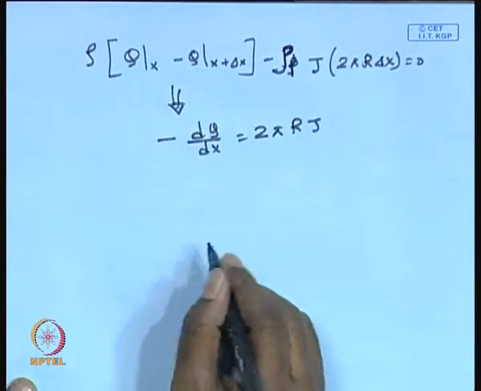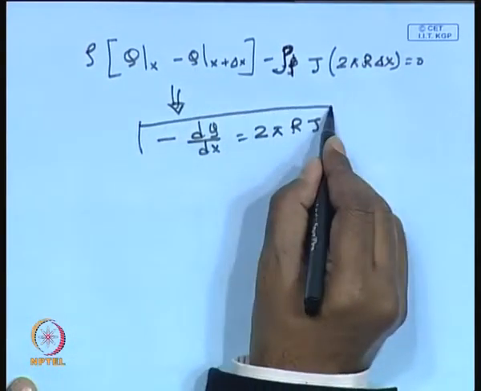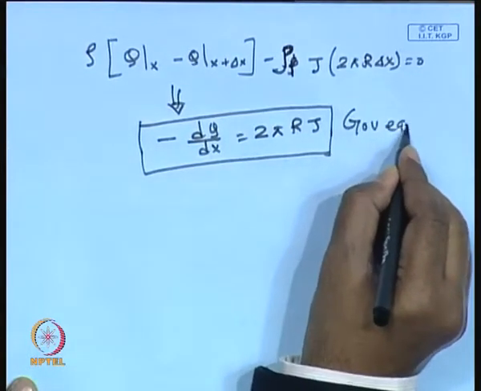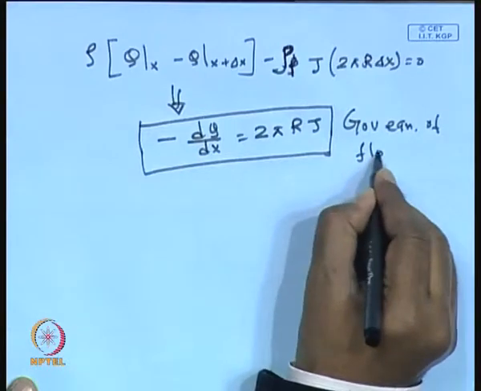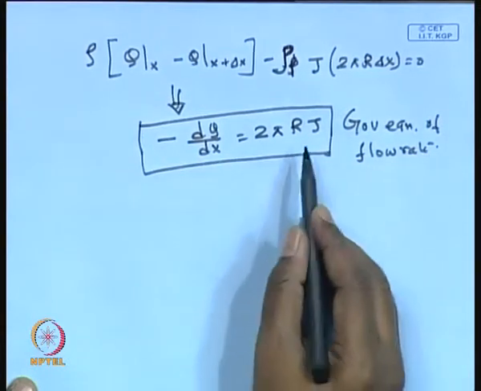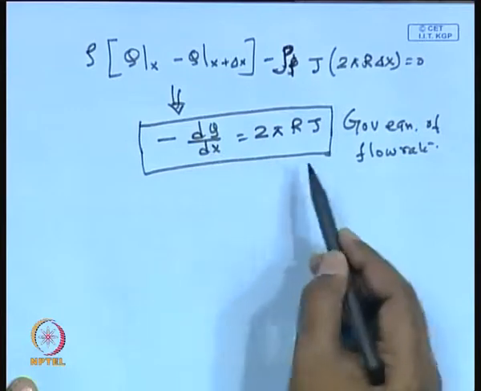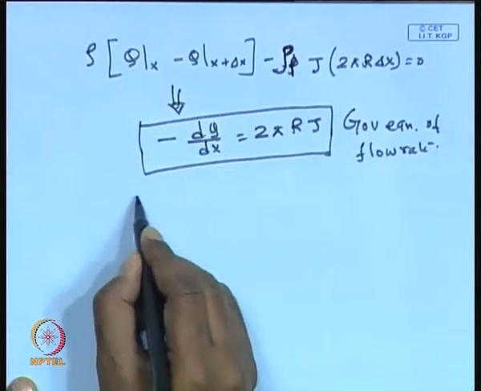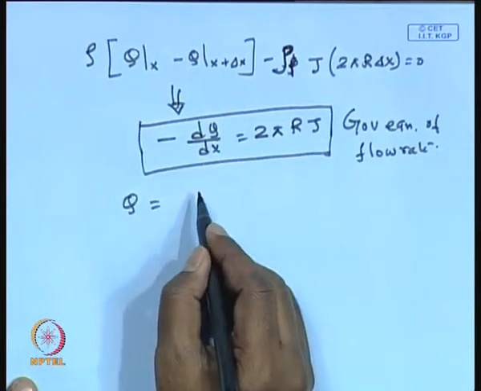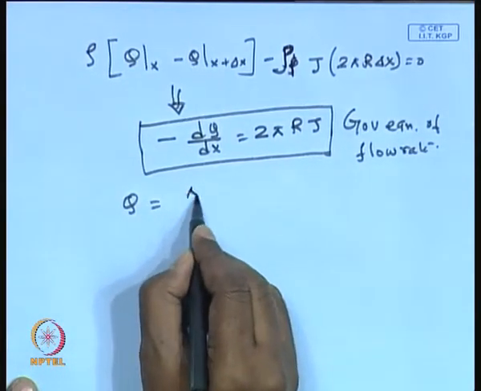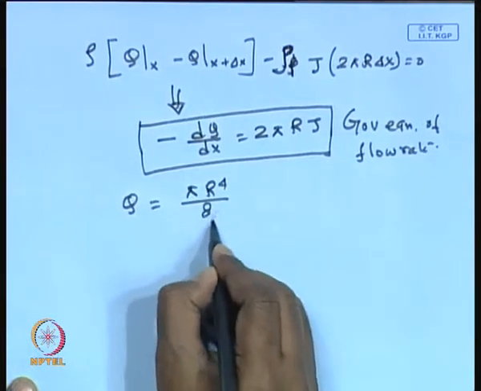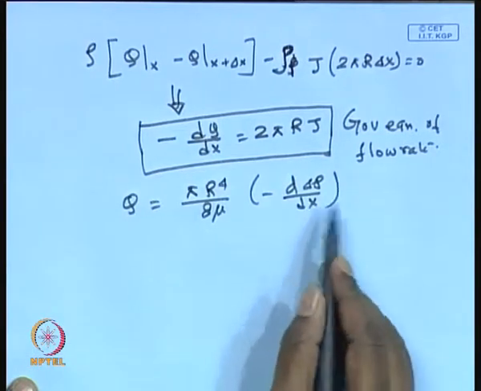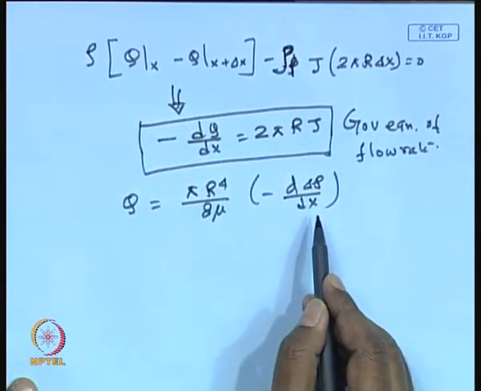Now you have the other equation. So this is the governing equation of flow rate. If the flow rate is decreasing because there is suction on the wall, physically it signifies that. Now this can be connected. If you look into the expression of q, it is pi r to the power 4 divided by 8 mu times minus d delta p dx. I am just expressing dp dx by d delta p dx because they are identical.